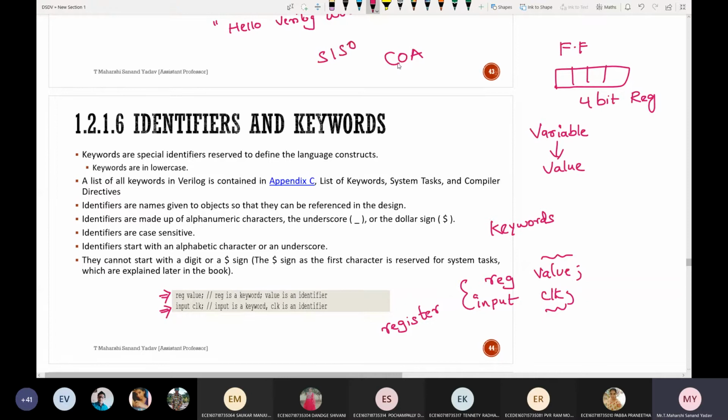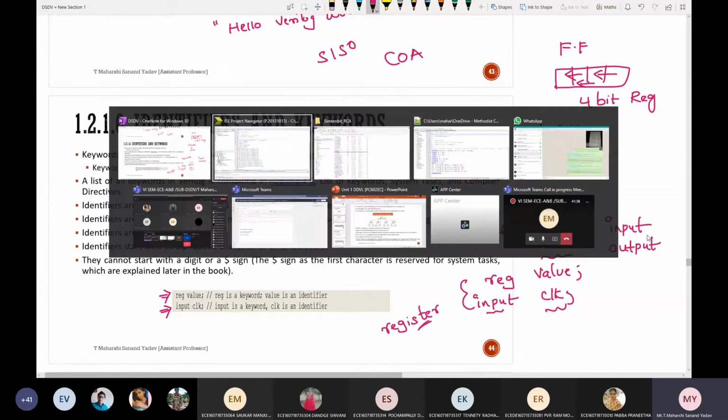out shift register, there a clock signal is needed for the information to get shifted either left or right. Yes or no? But here it is not needed. So a register is something which is used to store a value, and input is nothing but a keyword. Like this, keywords will be there like input, output, in, out. I'll tell you all these concepts. If you see this example, it will be clear for you.